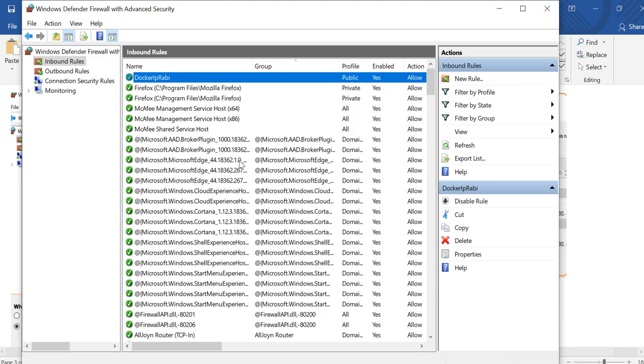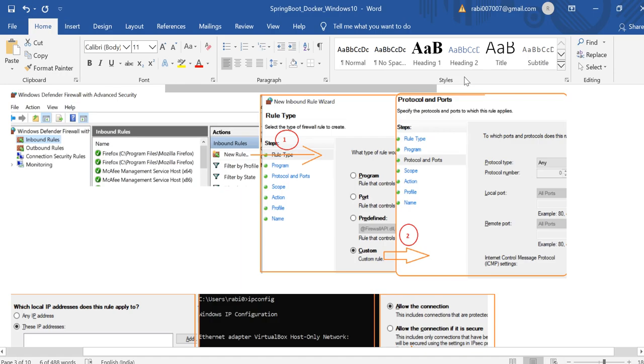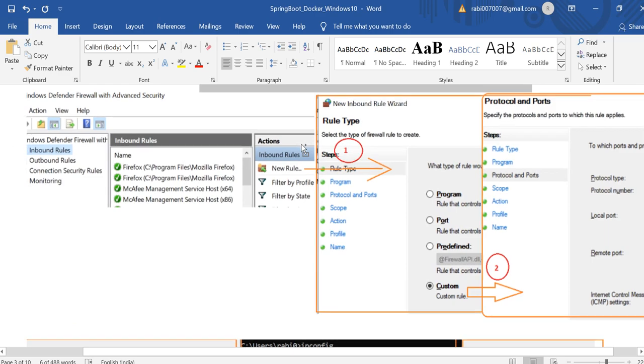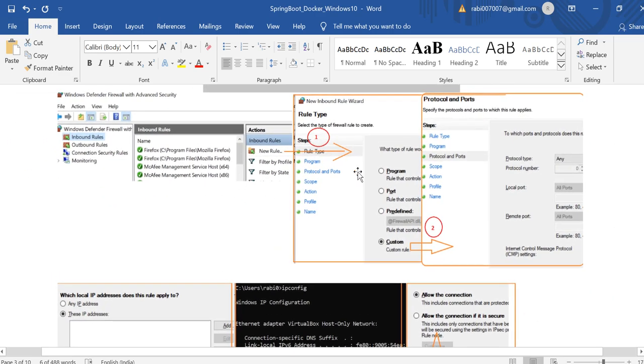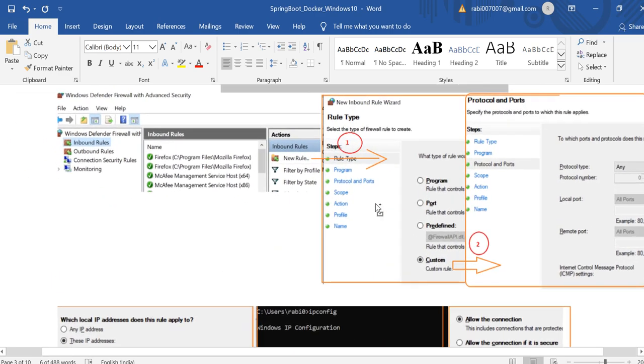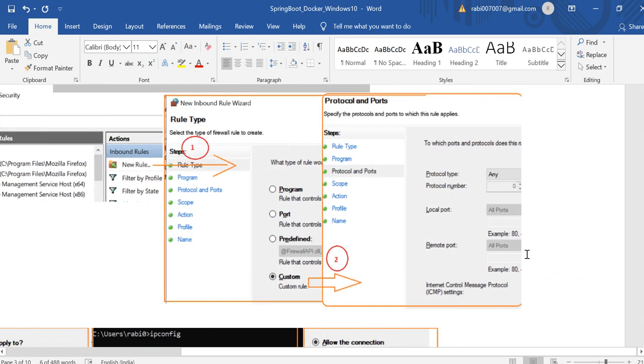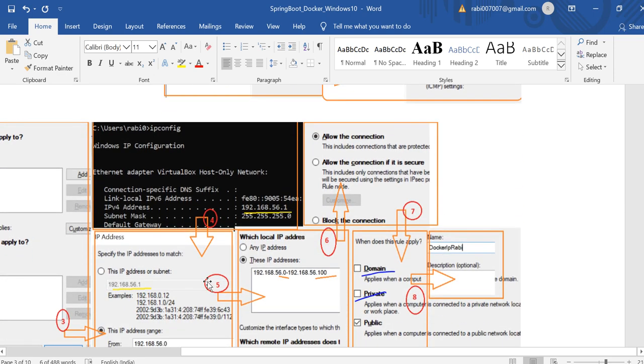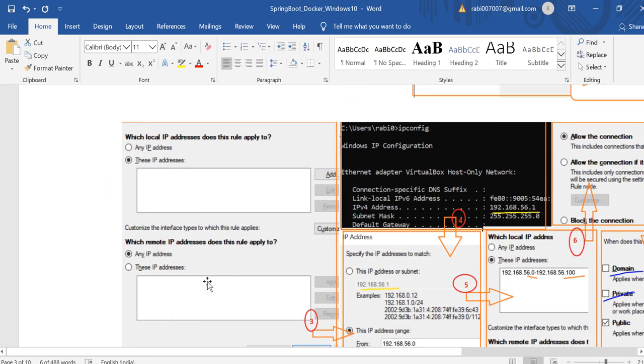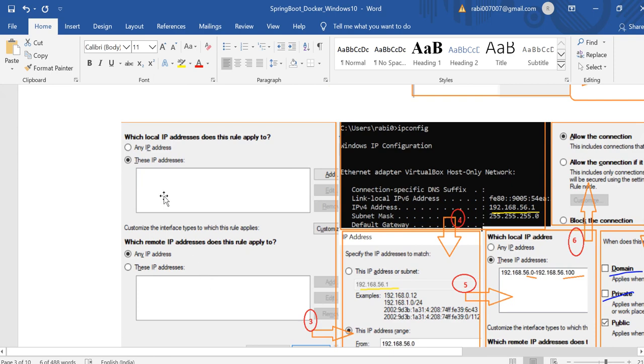Click on Inbound Rules, click on New Rule, and after that you will select Custom. After custom you will select the protocol and ports, and after that you will choose the IP address.